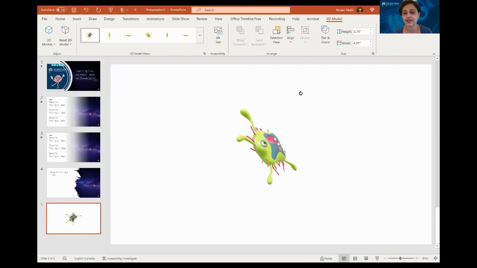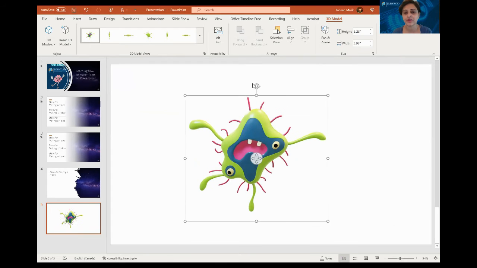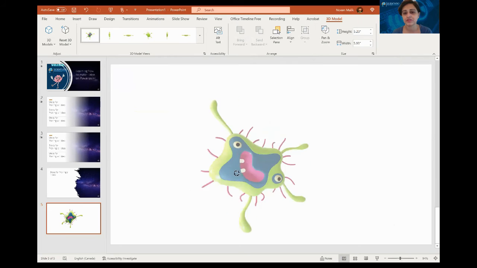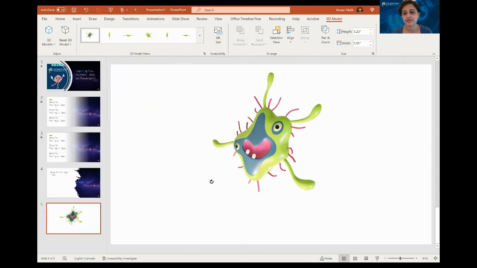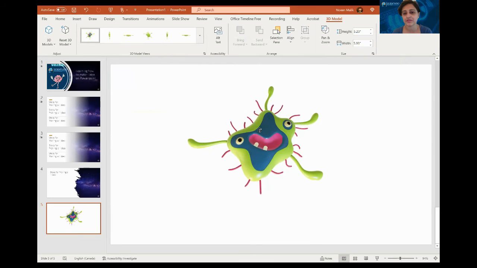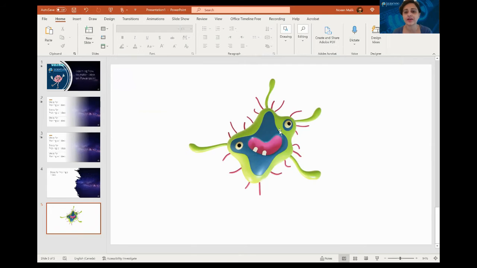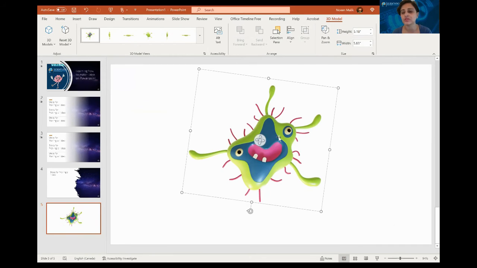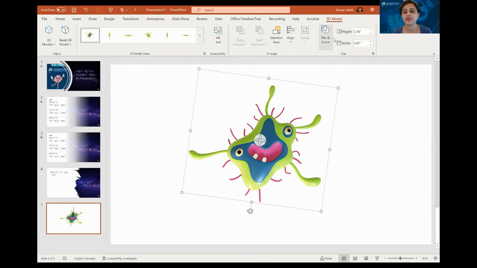Now you can even rotate it any way you want. I would like to make it a little bit bigger. And now I want to have it as my logo. You can rotate this way too if you want, and then do this more, any way you want. It depends which graphic you are using. I'm only going to show you how you can make the background transparent. You can now add animations on it.